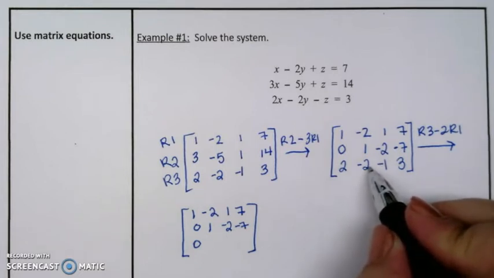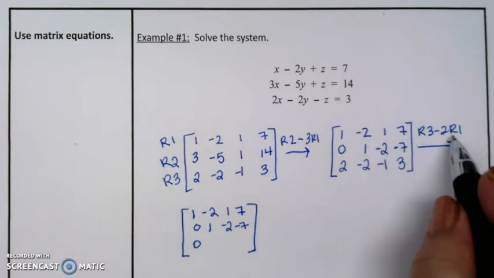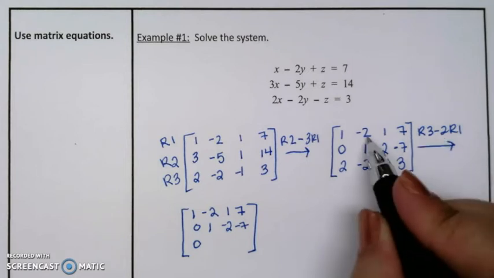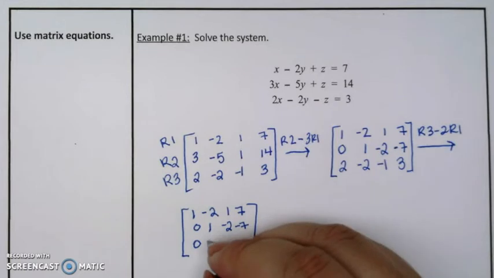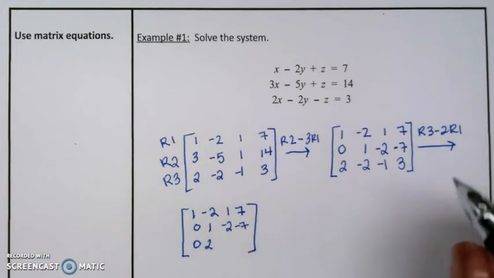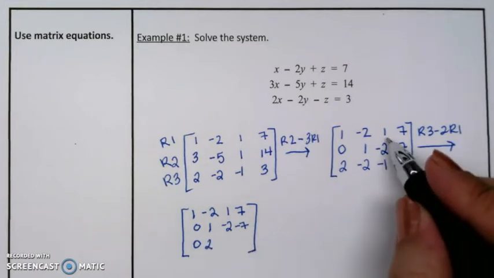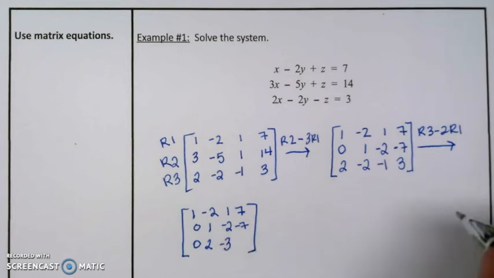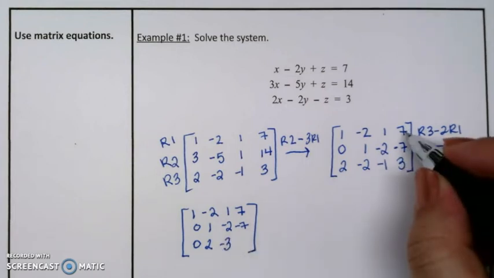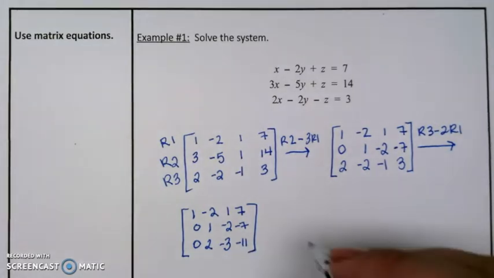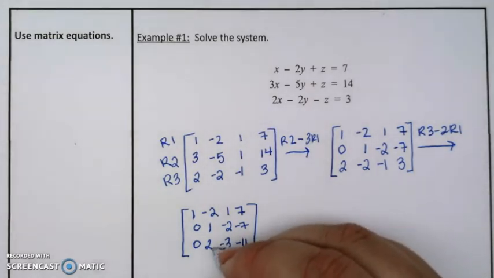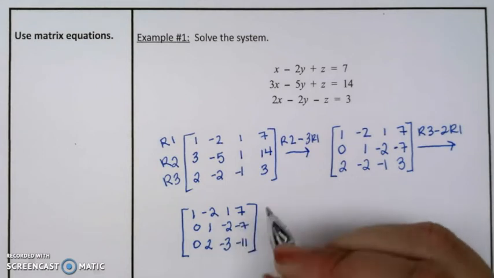2 now minus -2 times -2. So -2 minus -4 is 2. -1 minus 2 is -3. And 3 minus 14 is -11. Now, I still need to get a 0 now in the second slot, so I'm going to do